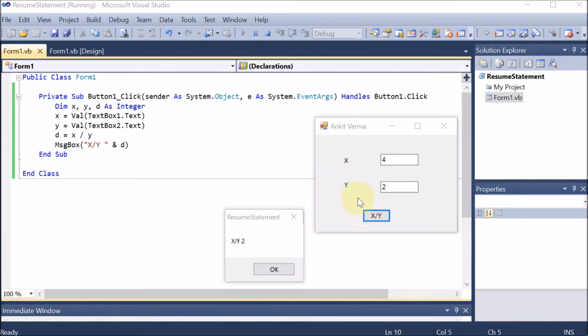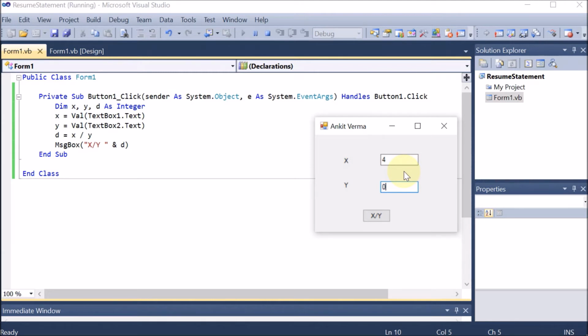Very simple. But when the exception comes, and what is the exception? We assume that there are certain things which should be there, just like 4 divided by 2, 6 by 2. These are the normal things. But there are some people who are not going to provide the value of y as 2. They will provide the value as 0. As per the system, the value 0 is no problem. But when we are going for the divide, 4 by 0, now there the program can hold, and even the program can go to the infinite state, because 4 divided by 0 is infinity. So the program can hold or the program can go to the infinite state. So that is called the exception.